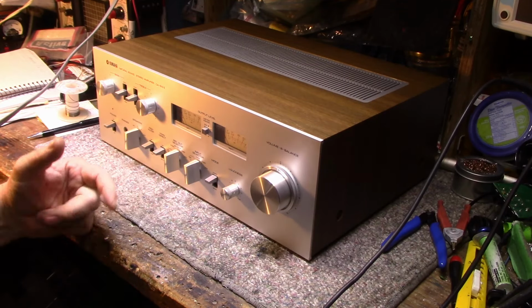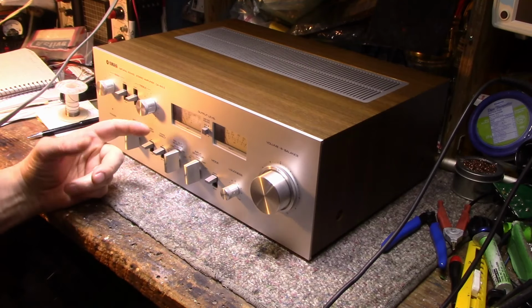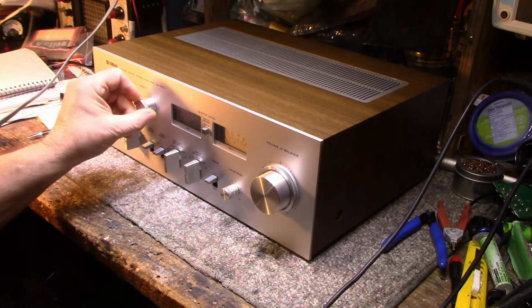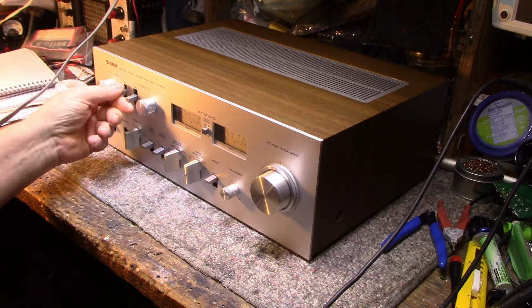I don't know if this works or what. This is brought to me by a client. He says go through it. I haven't tested it yet, and I don't think he gave me any indication of what's wrong with it, if there is anything wrong with it. So let's...